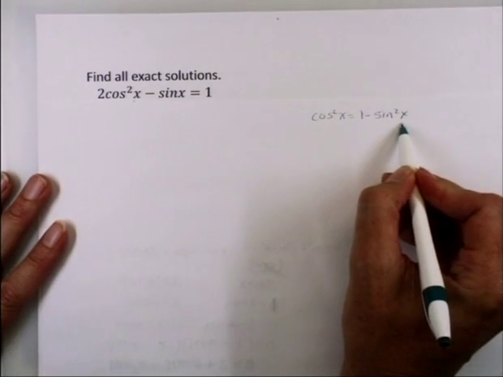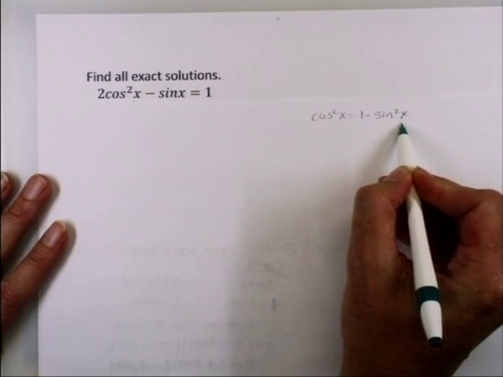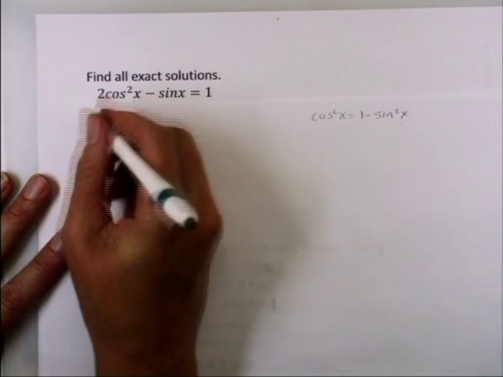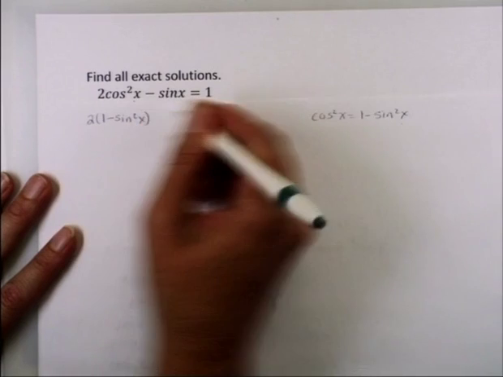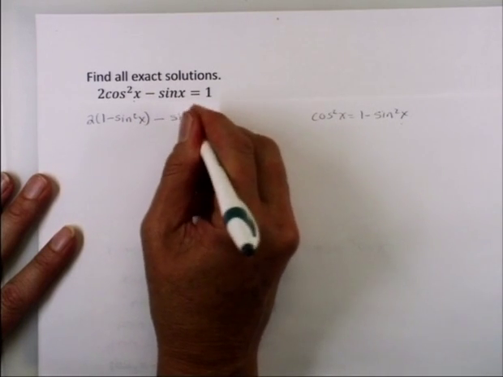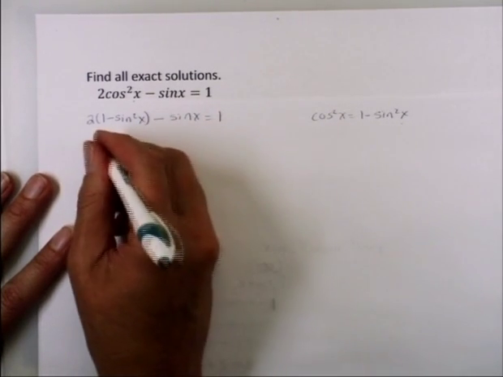I'm going to substitute that in and distribute and clean it up and see what I've got. So I'll start by doing that. So I have 1 minus sine squared of x minus sine of x equals 1. Then after I distribute,